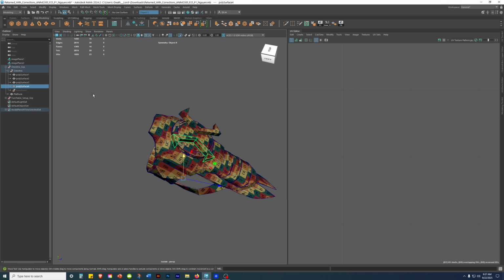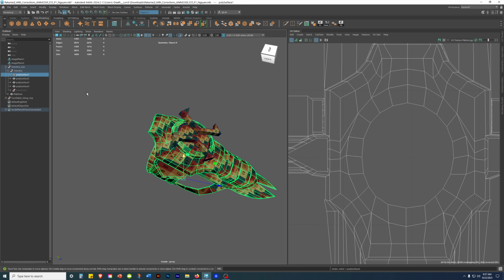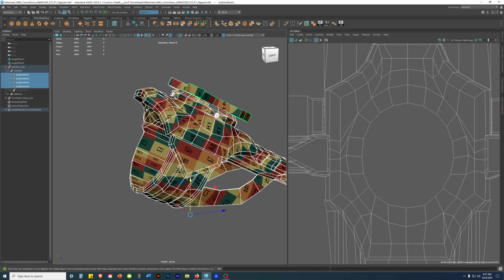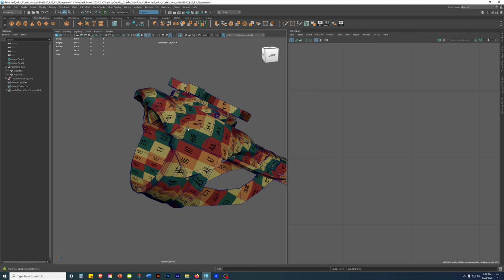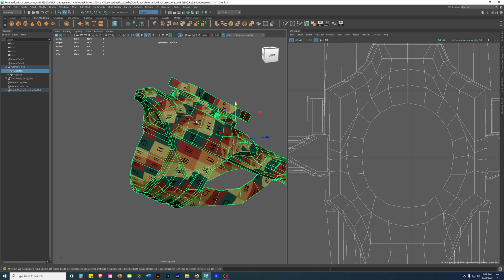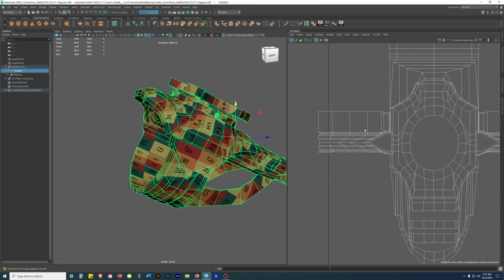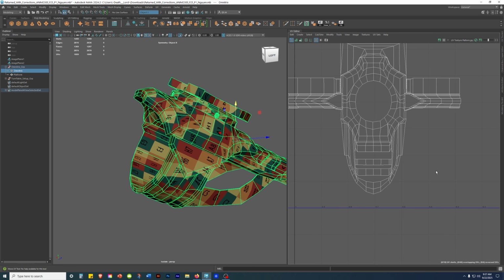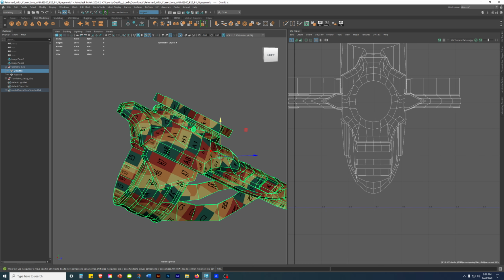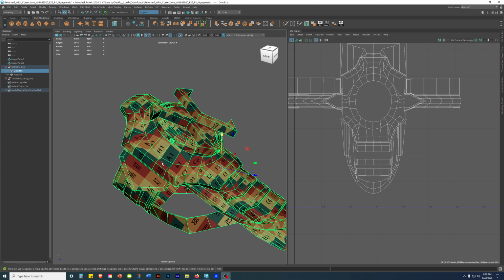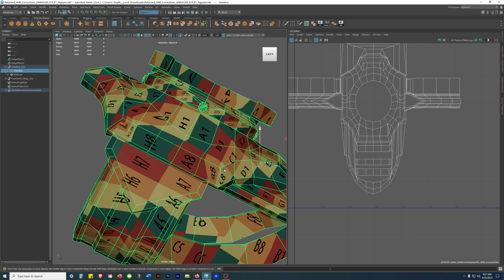Alright, typically, for now I would not recommend combining them, but it's not destructive because we notice that we can separate it. Alright, so